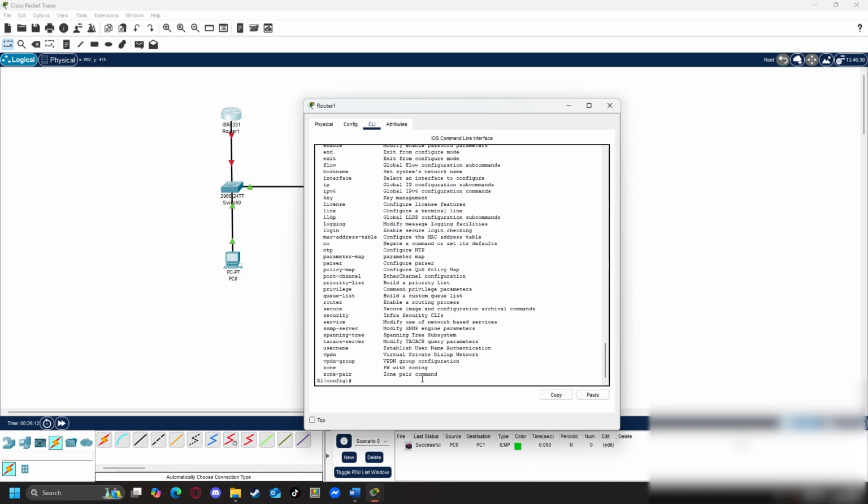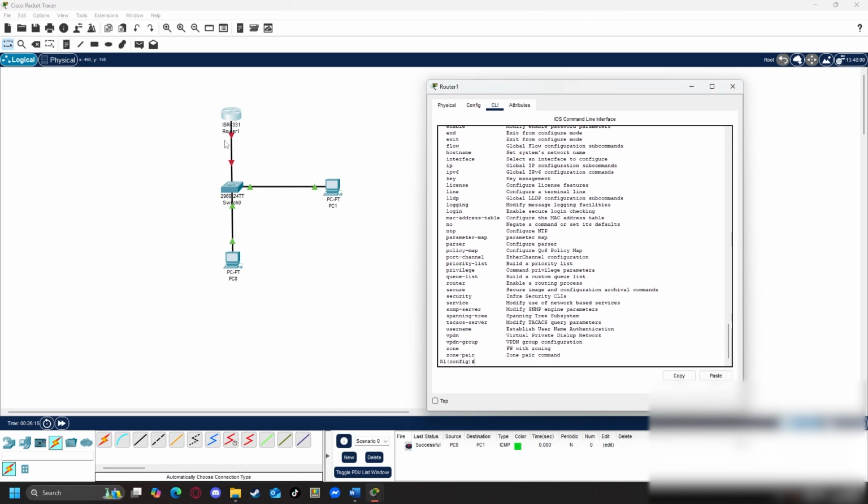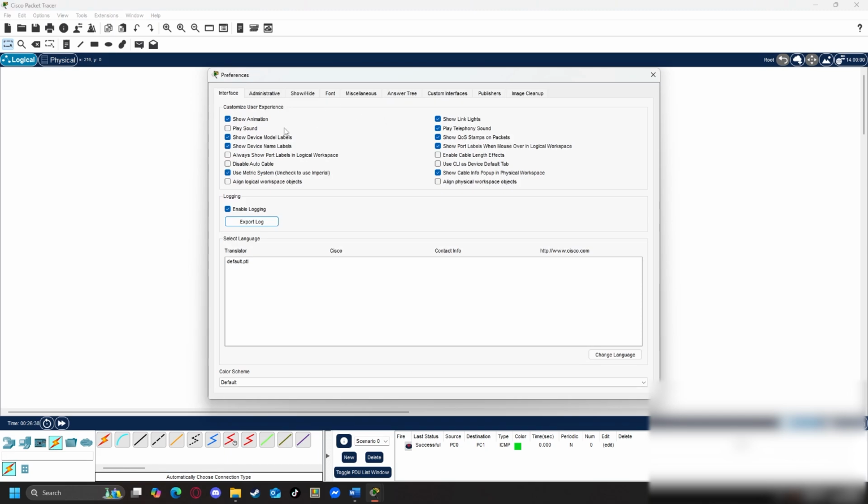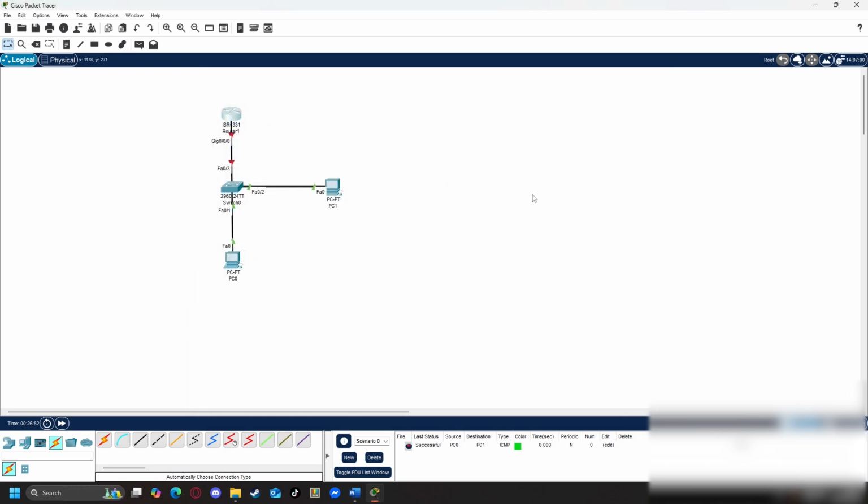So, next, we need to configure this Ethernet port. The reason for that is, as you can see, these red triangles. Green triangles means it's working, the network is up. Orange circles means that it's up, but it's still trying to connect. And red just means straight up it cannot connect. So I'm going to quickly go to preferences here because I like to have a certain option on that I've noticed is not on, which is annoying to me. There it is, always show cable ports.